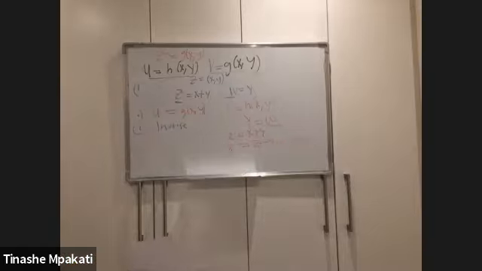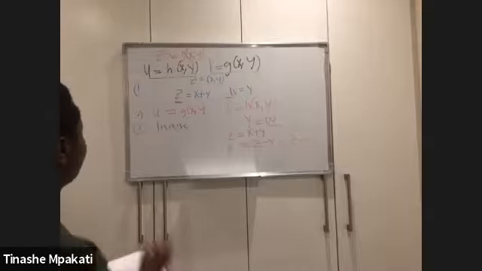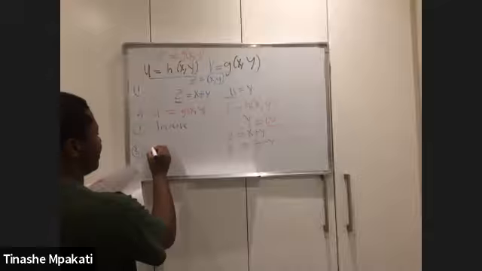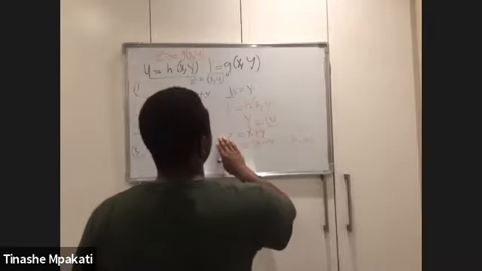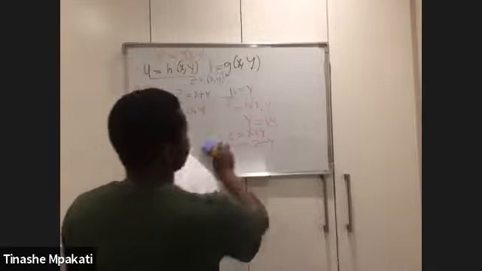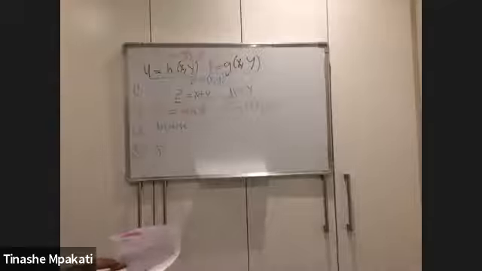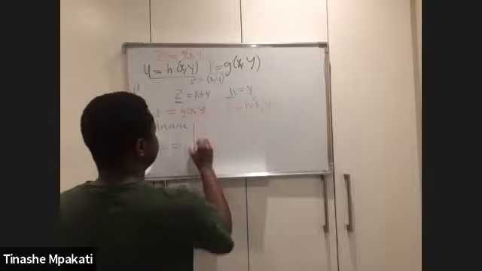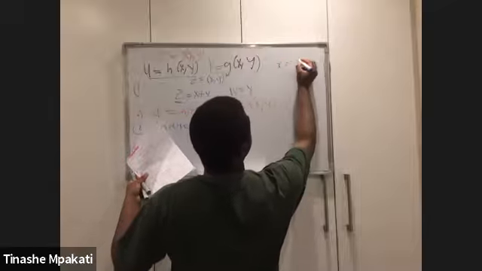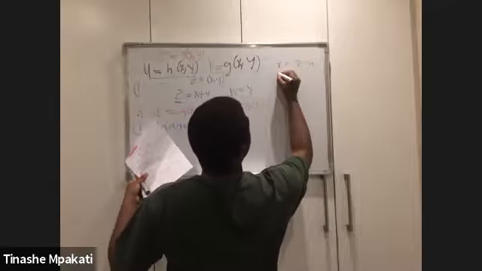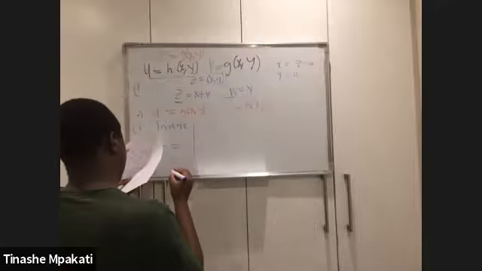Then the next thing is that you need to be able to find the Jacobian, right? You need to find the Jacobian, and this Jacobian must be not equal to 0, right? It can be negative, but not equal to 0. And the Jacobian is described as follows, because remember now you have your x being equal to z minus w, and you have your y being equal to w, right? So now your Jacobian is described as follows.